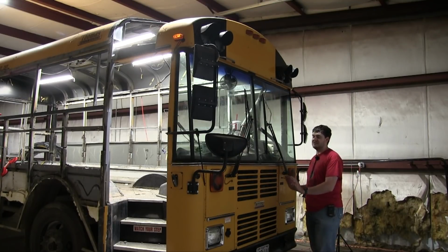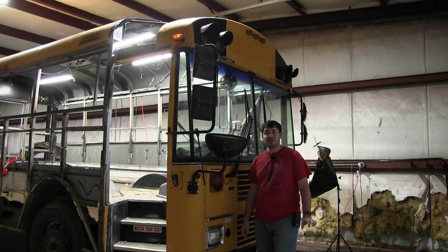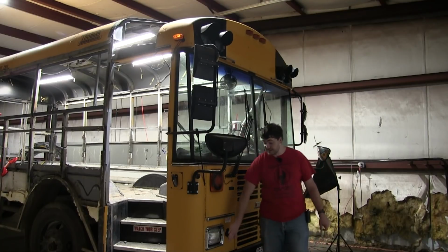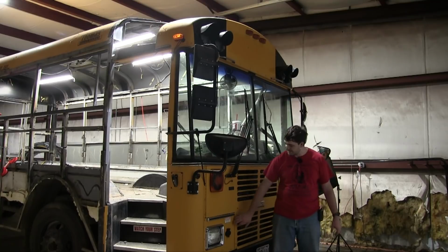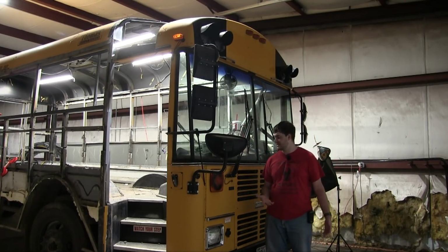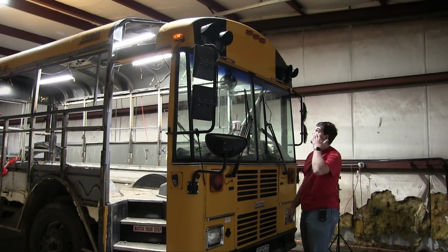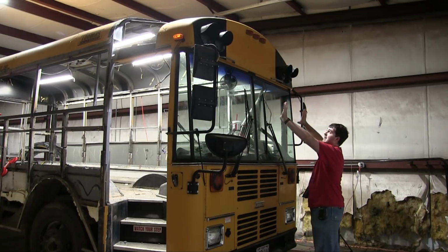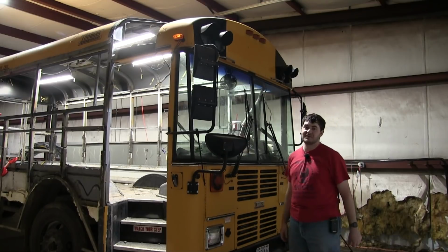Do little subtle changes like swap out these blinkers for something a little less, I don't know, child-friendly, something with no giant arrow on it. Maybe swap out these headlights for something better in a different shape, which would involve modifying the metal panel that it's in, just for a little bit of fun customization work. And the warning lights up there, I've already blacked them out. I'm going to be removing those and patching all the holes and everything so it just looks like a flat panel, again, at some point in the future, which is why I wanted to practice with the